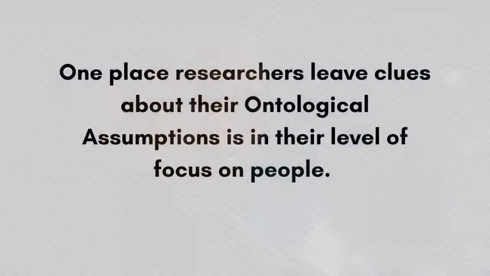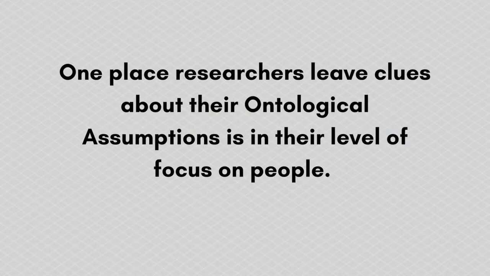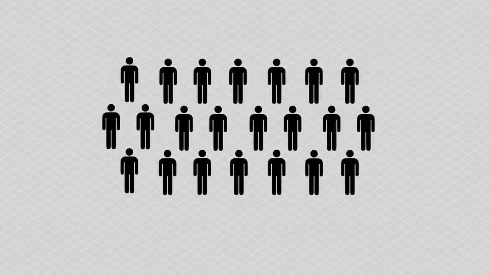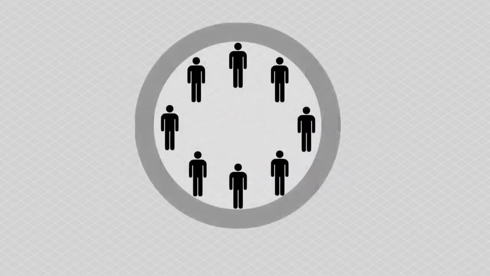For me, the ontological assumptions beneath research and theory are pretty easy to spot. So, for example, if they're studying individuals, like through personality tests or trying to figure out people's traits, then they likely are approaching us as individuals in society. If they are studying groups and relationships, then they are likely assuming that people are best understood in groups and relationships, like through the communication field or sociology.